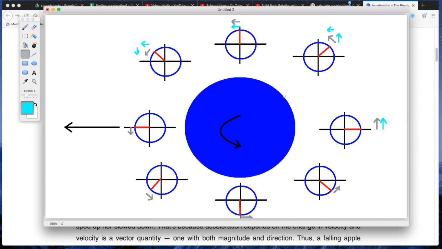So the Earth is rotating on its axis, and it doesn't matter where you are on the Earth, you are going to have a velocity in some direction. When you're standing over here, your velocity is going to be in this direction. When you're over here, your velocity is in this direction. And when you're over here, in this direction. When we add a vector, which is the Earth orbiting around the sun, we add the vector in this direction, we don't add the vector in this direction. So when you're over here, your entire velocity is in this direction, represented by this blue line.